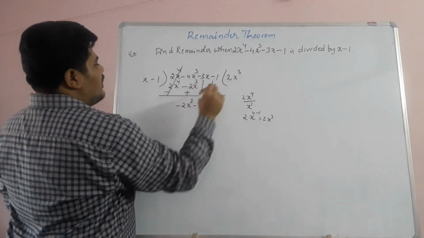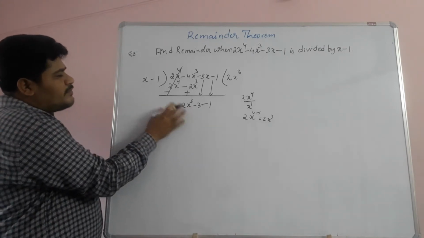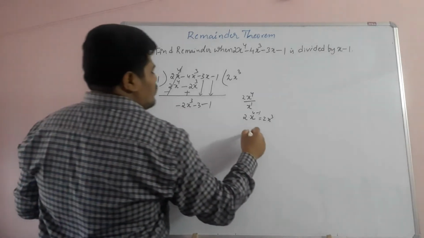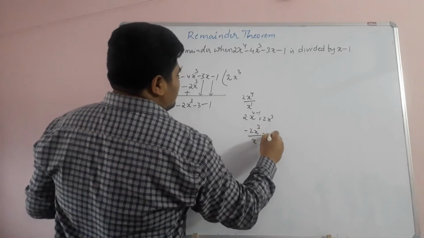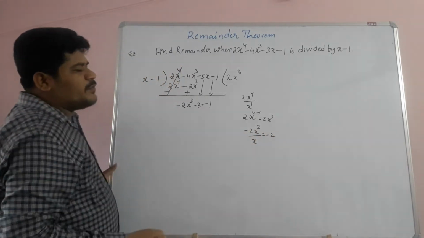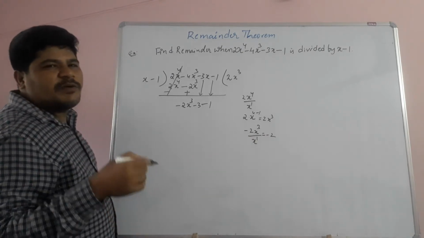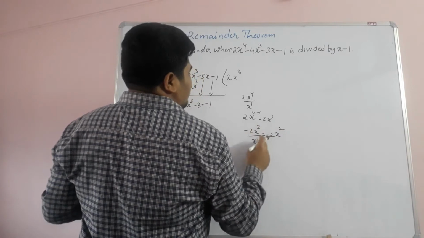Okay. Now in the second step, again first term by first term in divisor. So that is minus 2x cube by x. So what will we get, children? Minus 2. x cube by x, x is nothing but x power 1. x cube by x power 1 means x power 3 minus 1. So that is what? x square. Okay, x power 3 minus 1, that is x square.